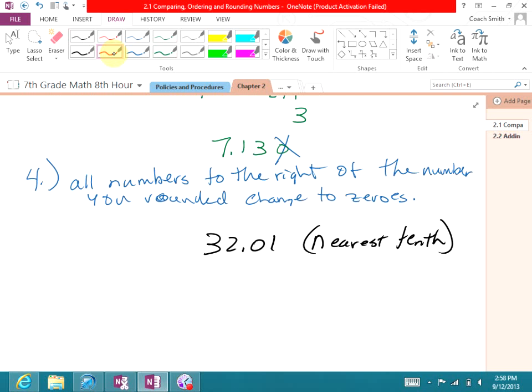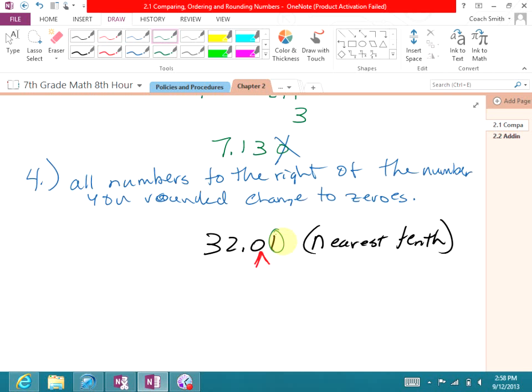Anthony? 1. No, not the 1. Close. Vivica, 0. So this is my tenths place value right there. So I'm going to circle the number immediately to the right, which is a 1. 1 is less than 5. So what happens to the